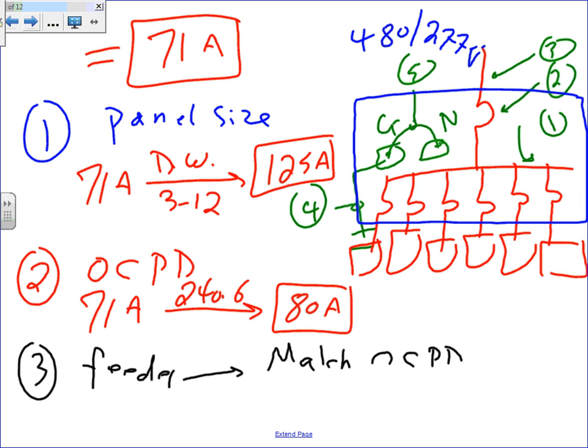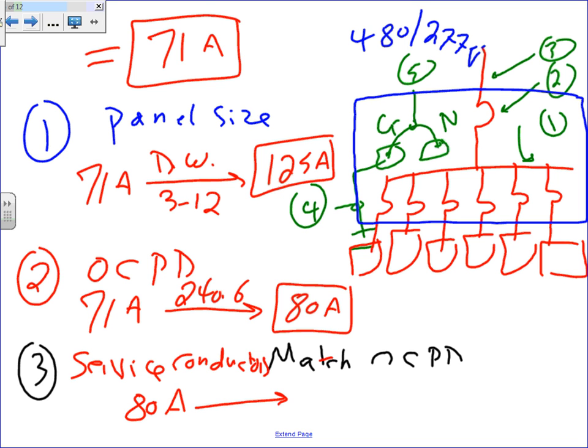Now feeder, I want to change this word feeder, guys, into service because I'm dealing with the service here. Service conductors. Match overcurrent protection device based on CAD. So what's my overcurrent protection device? 80 amps. I want to take it to